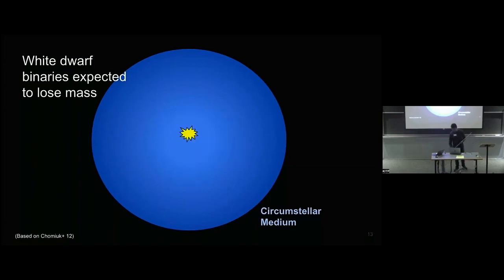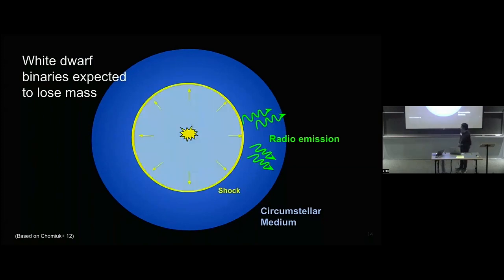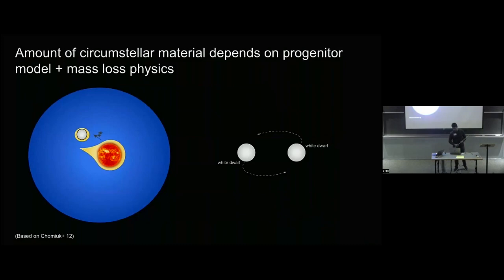And then once the supernova explodes, it's going to drive a shock into this material and accelerate electrons, amplify magnetic fields, and you're going to see that as synchrotron emission. We see this in core collapse supernova, so there's no reason to see this in type 1As if there is some matter. And the connection to progenitors to the 0th order is that in these,